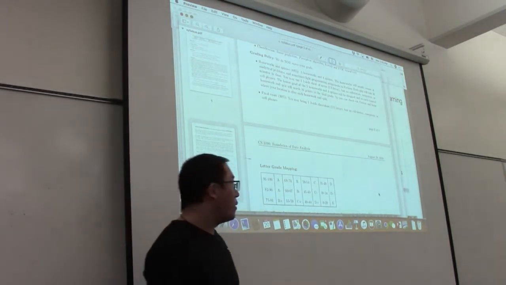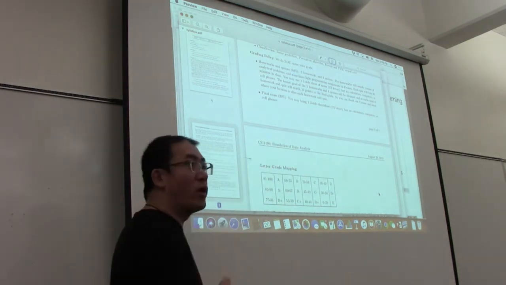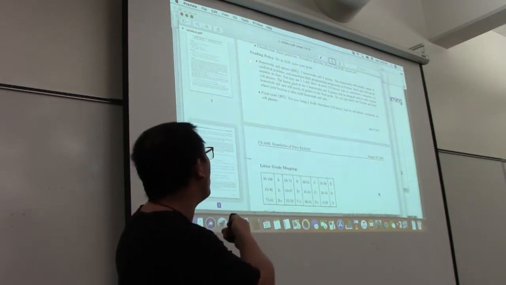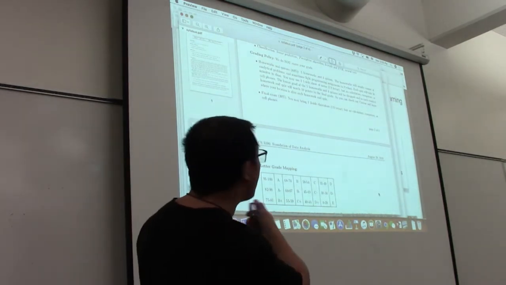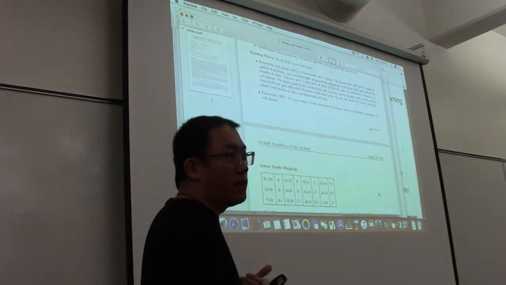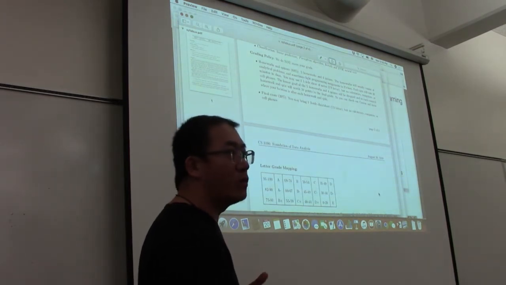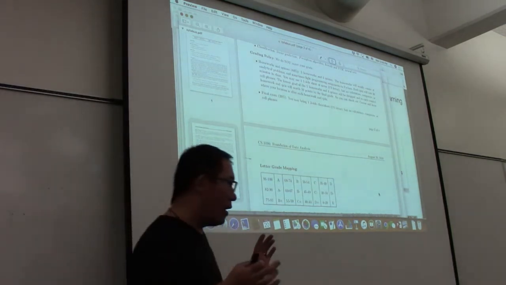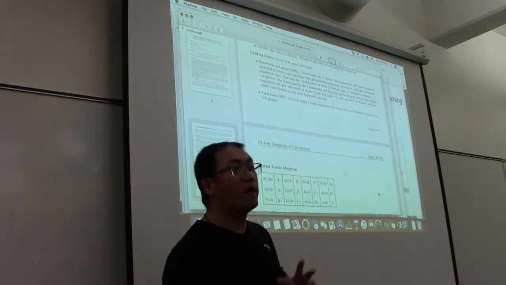So your final grade will consist of two components. I mean the numerical grade. Later I will talk about the letter grade mapping. The first is homework and quizzes, which take 80%. That means 80 points. And the second is the final exam. That takes 20 points, 20%. And there is no midterm exam. So you do not need to be nervous about two exams. You just need to care about one final exam.